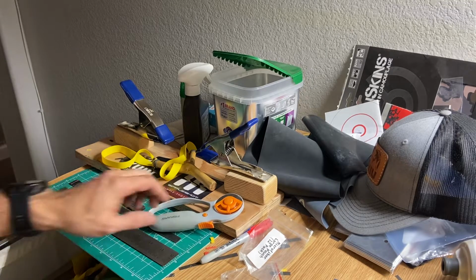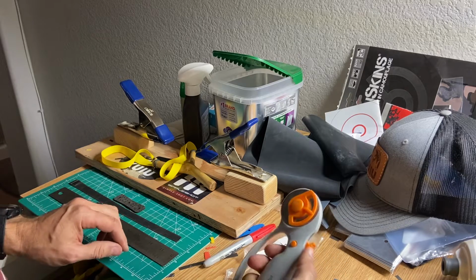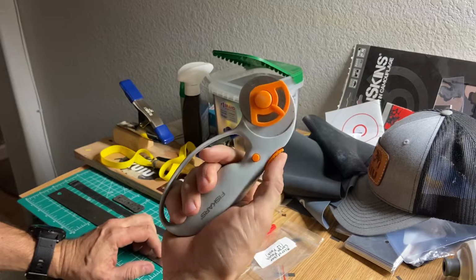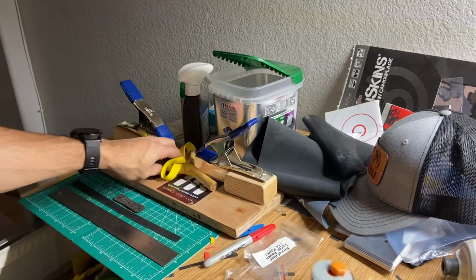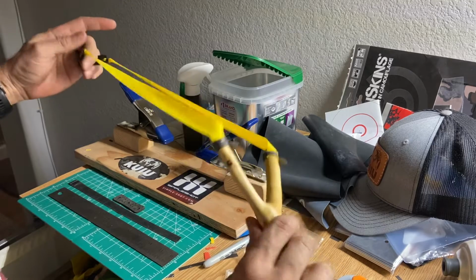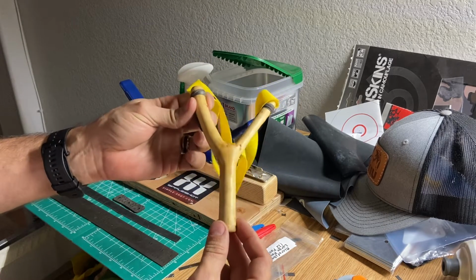Hey Garnett, I'm going to try to do a quick video for you on the fly here to give you a little more information about the slingshot. So this is the roller cutter that I use. It's a Fiskars, it's nice, but in order to make a simple frame like this, I would just suggest go